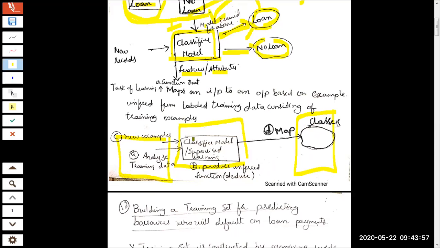So what do you understand in the above examples? This definition is talking specifically with respect to training of the classifier. So what is being indicated here? The classifier will analyze the training data, meaning the existing records, previous historical data that you will be feeding to the classifier for training, will be analyzed by the classifier.